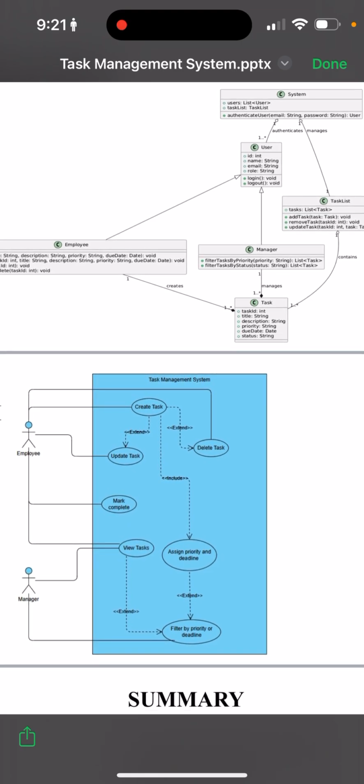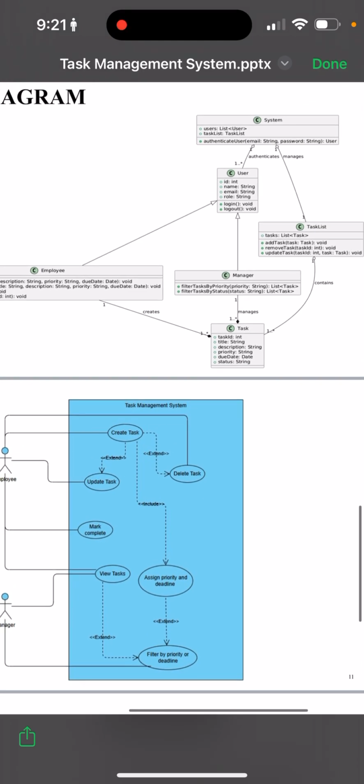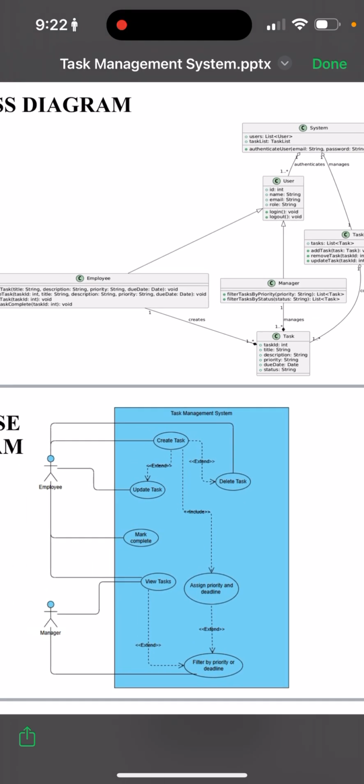The concept of composition is that if we skip one class like the task class, our overall system doesn't exist. So the meaning of composition is that if we skip just one class, the whole system doesn't